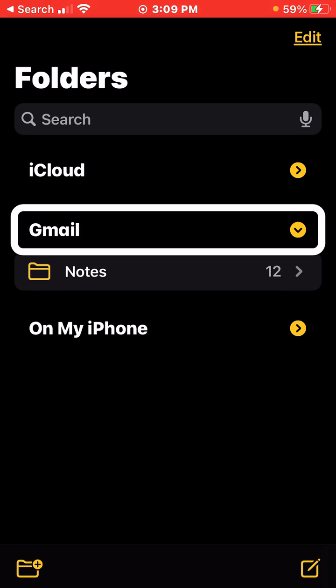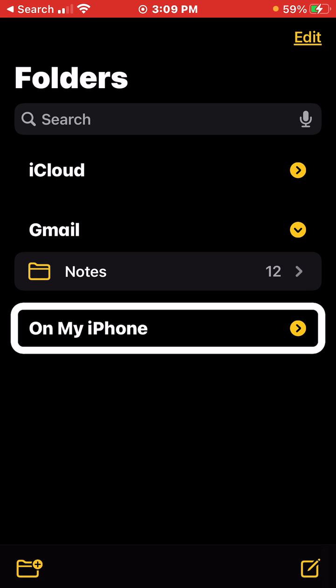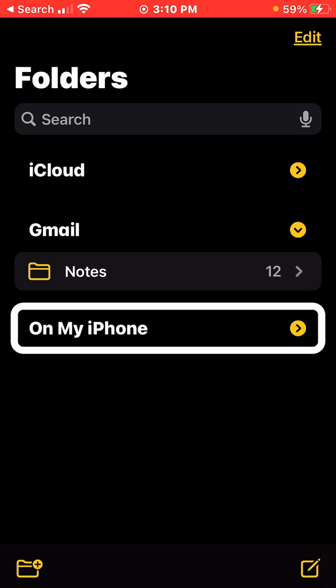Button. Gmail. Heading. Notes. 12 notes. On my iPhone has 12 notes. Button. And then I can also do this on my iPhone. Actions available. So this is where I want to create a new note on my iPhone, okay? And the way that I do